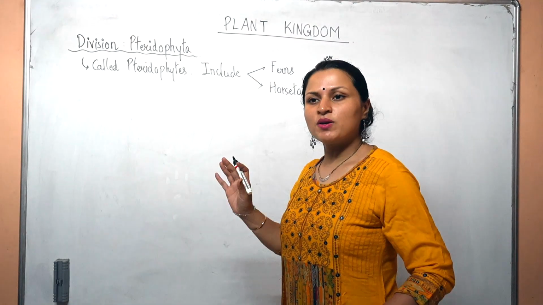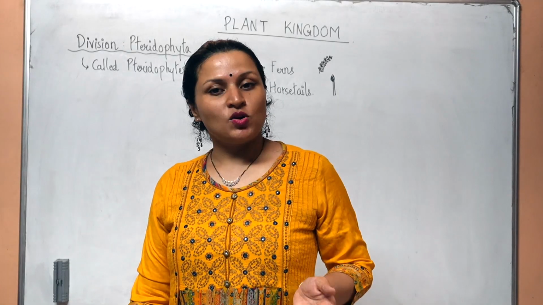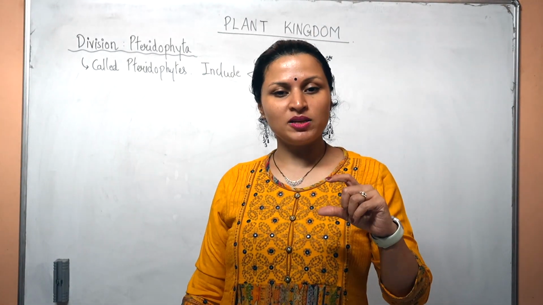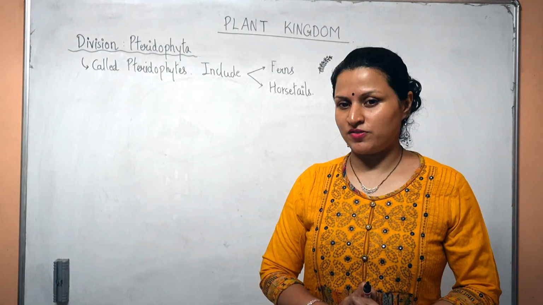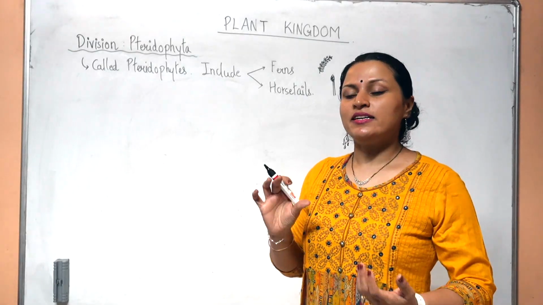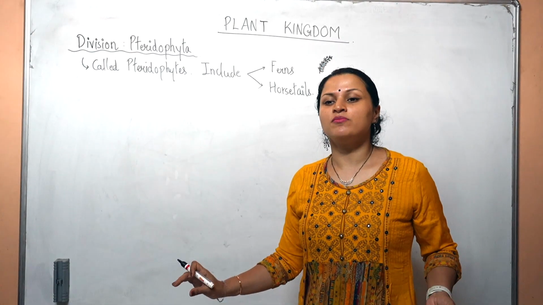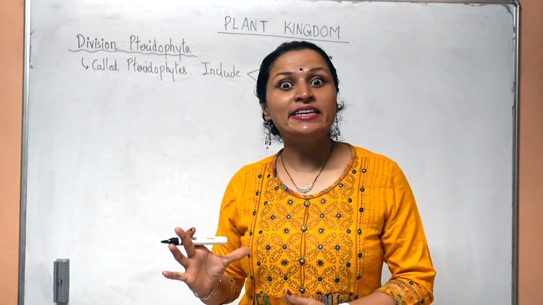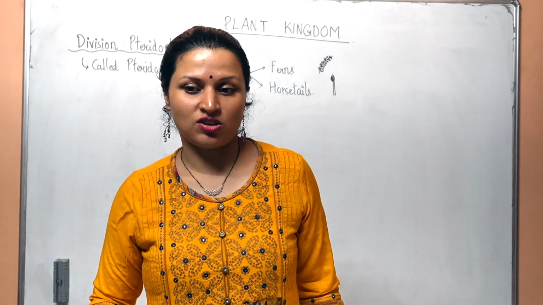How are they different from the bryophytes? They are more evolved than the bryophytes. In the mosses, which are the more advanced bryophytes, the sporophyte had considerably become larger in size, if you remember. However, it was still partially dependent on the gametophyte. In the pteridophytes, the sporophyte has been able to completely get off from the gametophyte and live an independent life. And it has become green, proper green and photosynthetic. A 2N structure, the sporophyte.